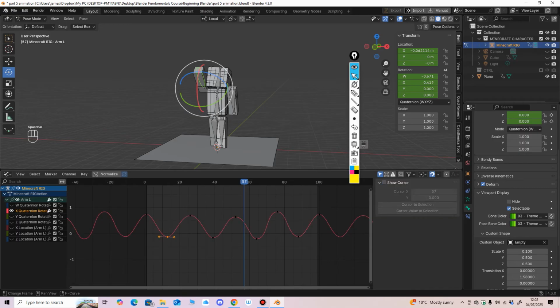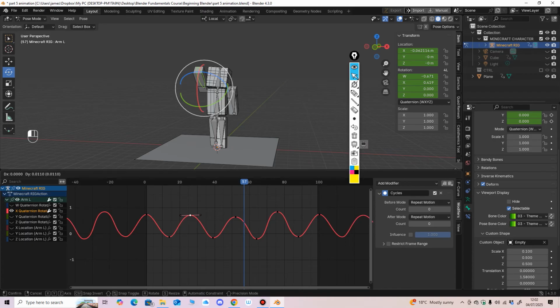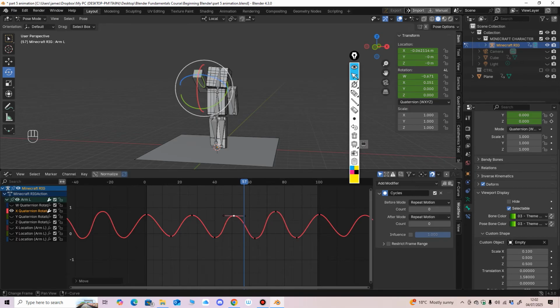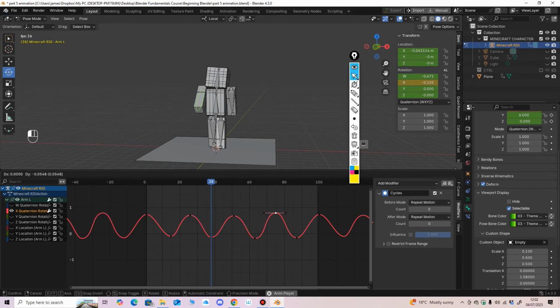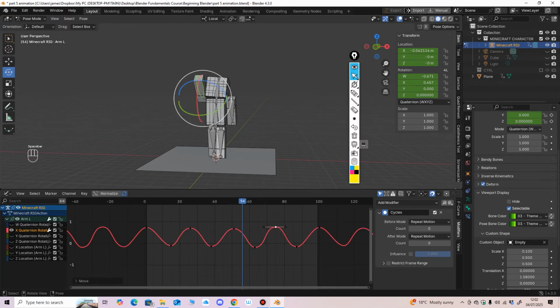So you can also move the keys in the graph editor just simply by dragging them along. Just simply drag on the knot or the dot is what they generally refer to. So that's just a simple way how you go about keying things on your controls. And if you remember,